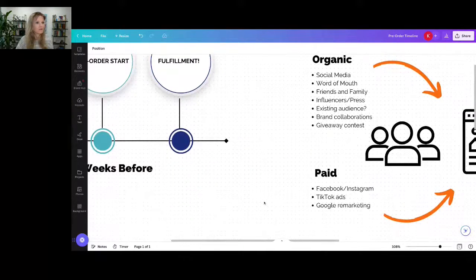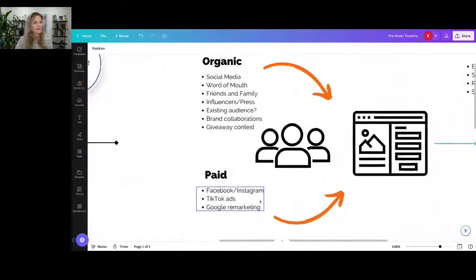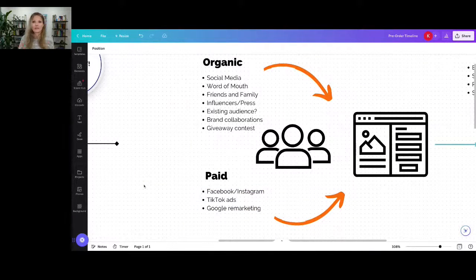Okay, so very, very first thing, we set up a landing page, okay? So if we're doing a pre-order campaign on Shopify, you have your Shopify website with your product page, your home page, and instead of your store being set to take orders, what you're going to do is actually convert that website into a landing page, which simply means instead of getting people to order your product when they come to your website, you're going to put an email capture on that